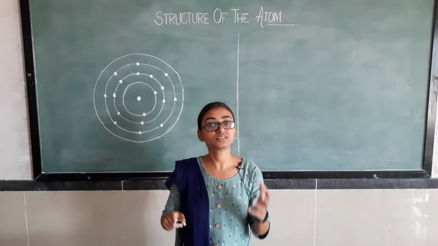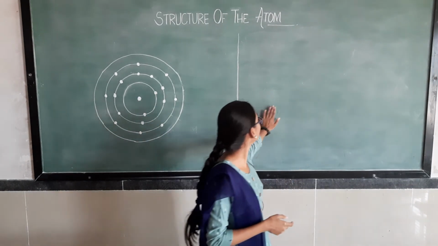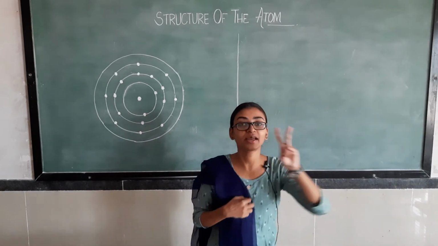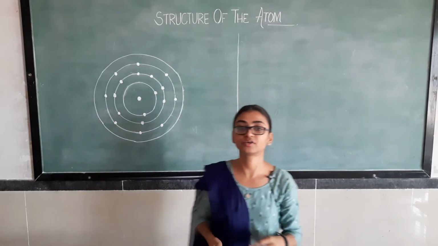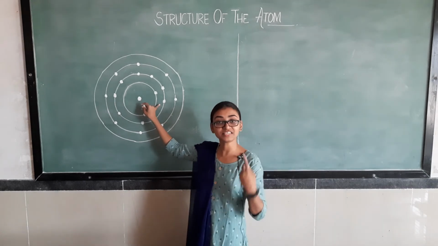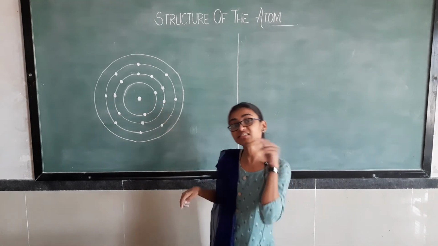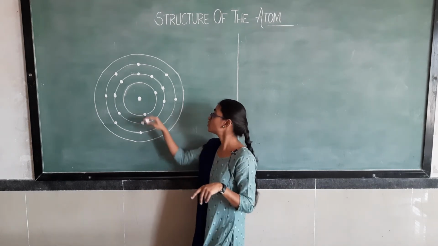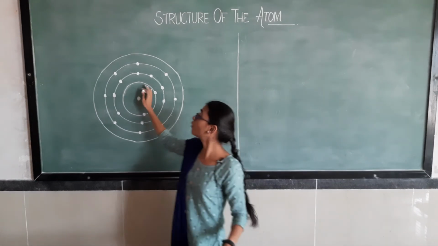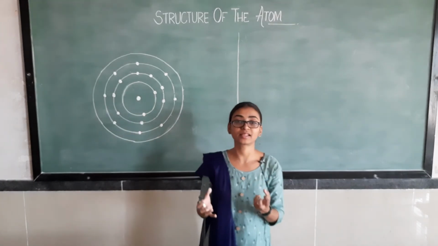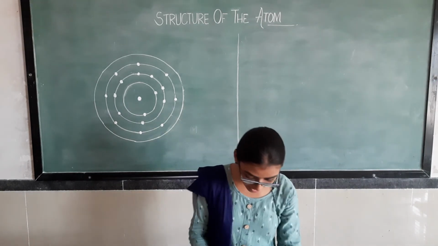Because everyone knows that the K shell can accommodate a maximum of 2 electrons and it is also stable. As we have seen in the case of helium, that helium has 2 electrons, still it is stable. So what do they do? They stay on the basis of just 2. So from here we can say